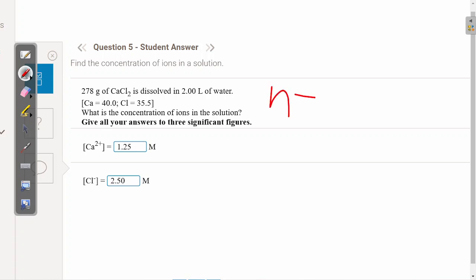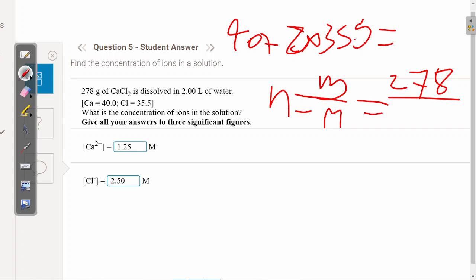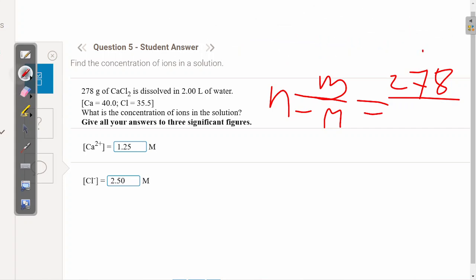So n equals m over M equals 278 over the molar mass, which is 40 plus 2 times 35.5. You will get 111. Okay, so it's 278 over 111. It will be equal to like 2.5, but it's going to be a repeating decimal. This is the number of moles